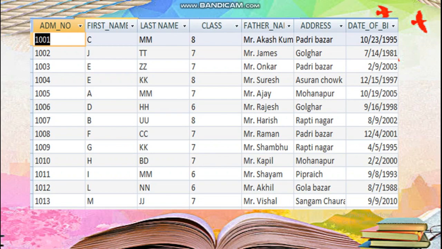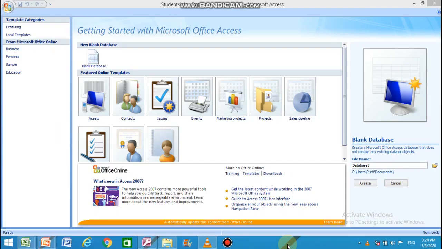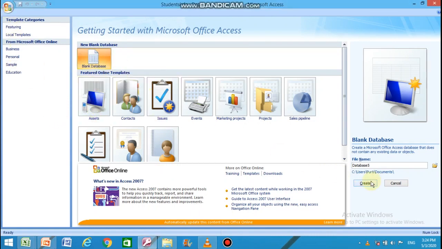We can create a field as a primary key field during the design of the database. Let us understand how to set a primary key in the database. Open Microsoft Access, select New, then select Blank Database, give a database file name and then click on Create.